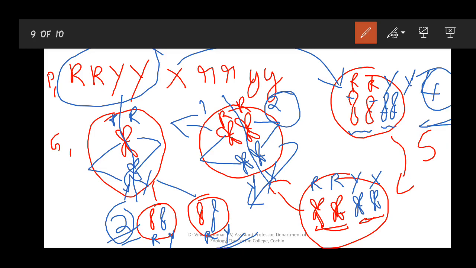The 4 are the same. As a result, we will be taking only 1. The same will be the case with small r and small y. You can replace this with small r and small y. You will be getting the same 4 different gametes with small r and small y. The same pattern. You can replace this capital R with small r and small y. So the same thing happens. You get the same type. So we are moving again.